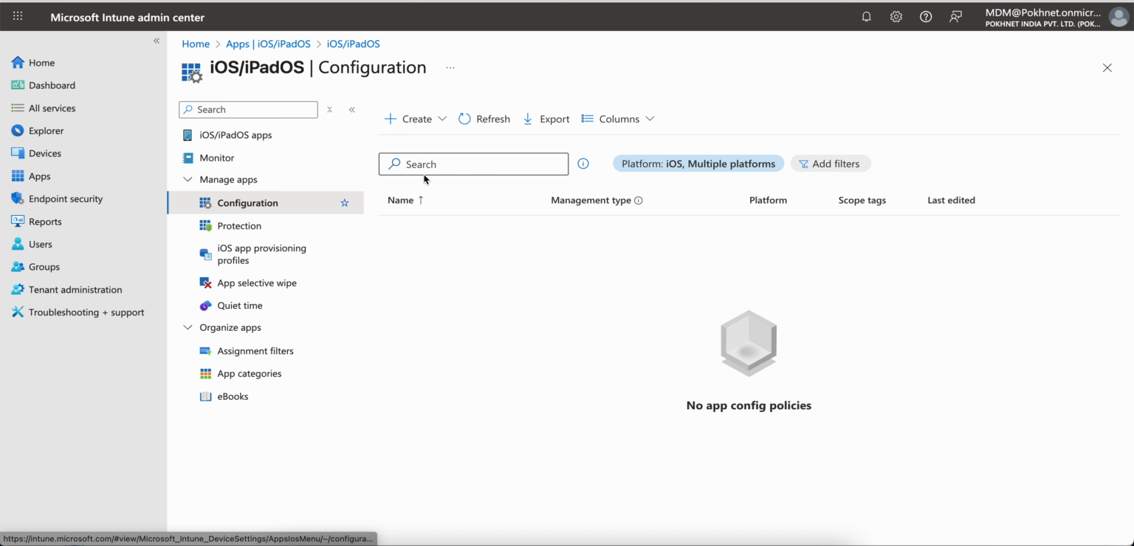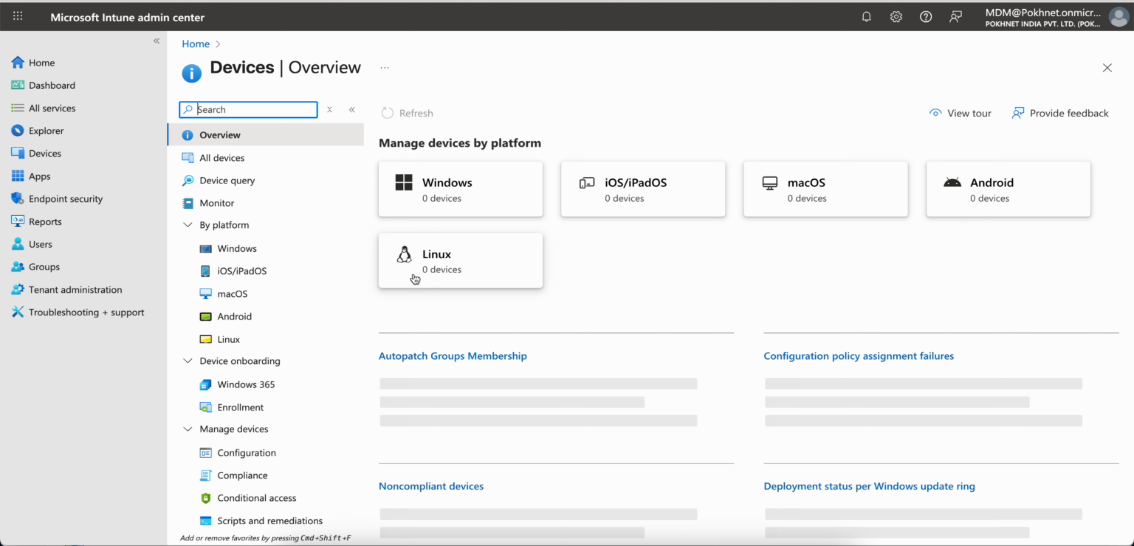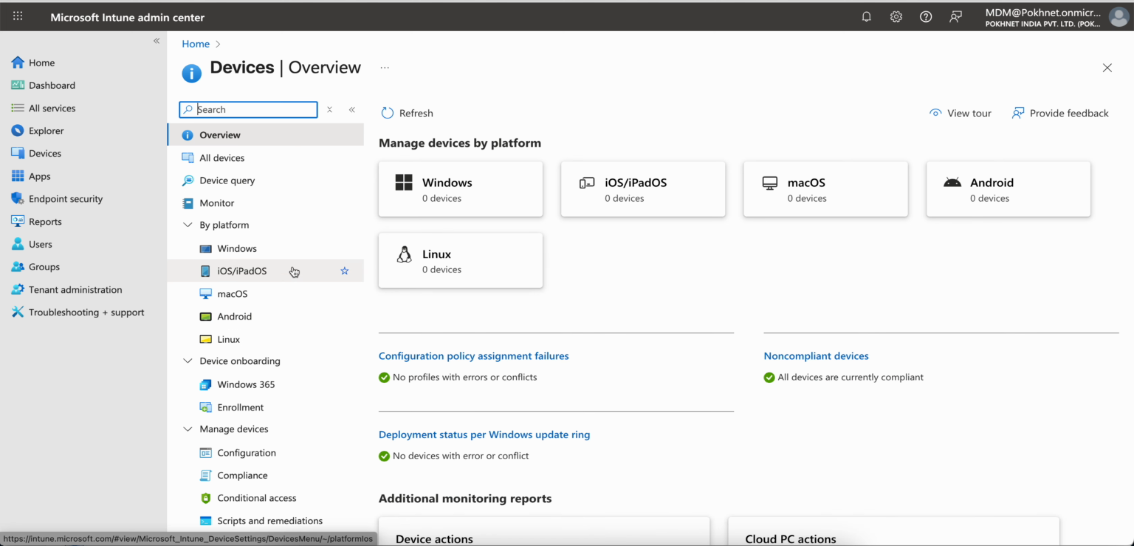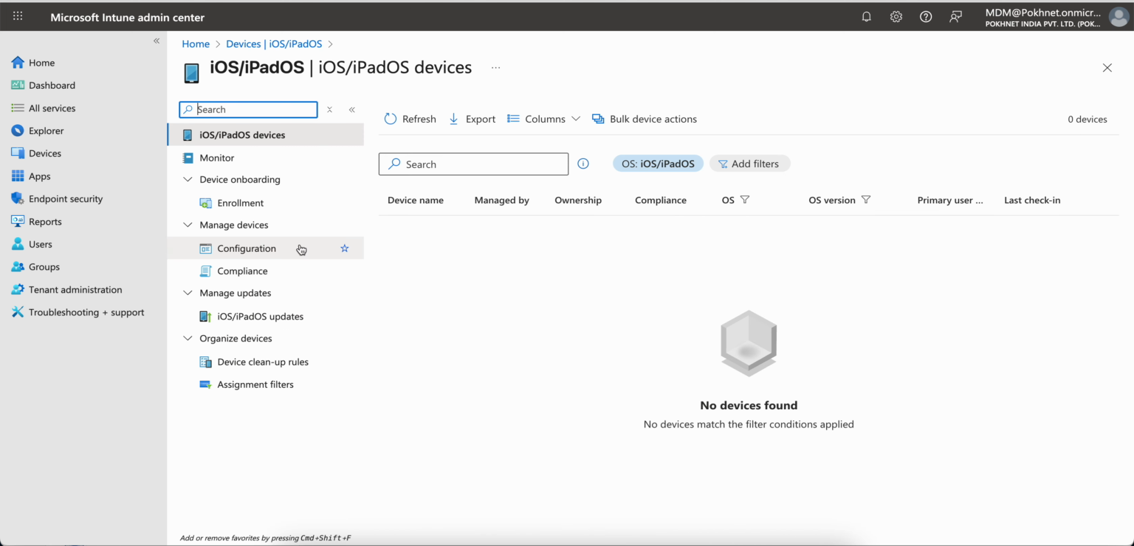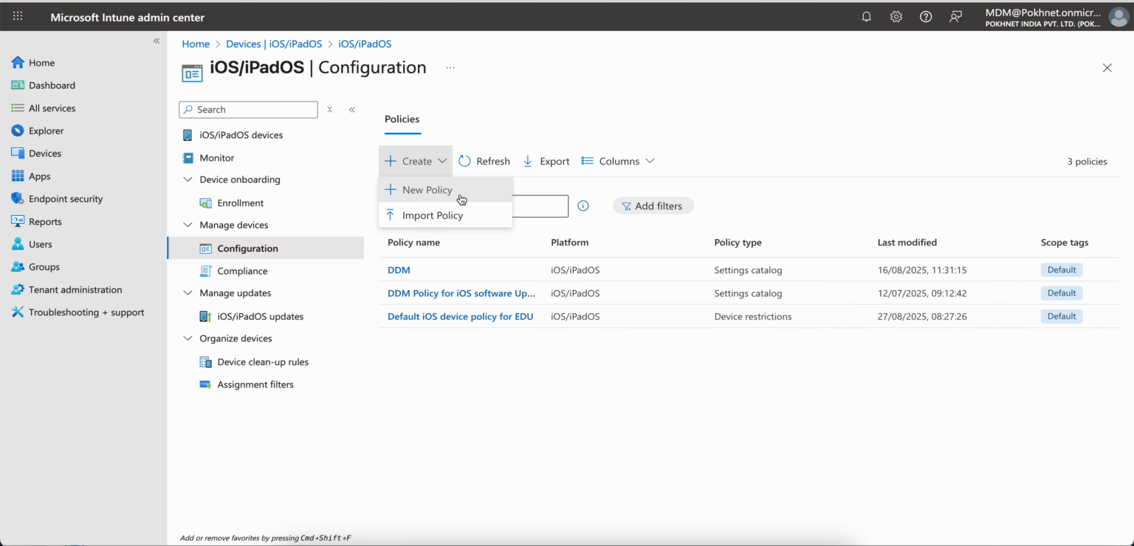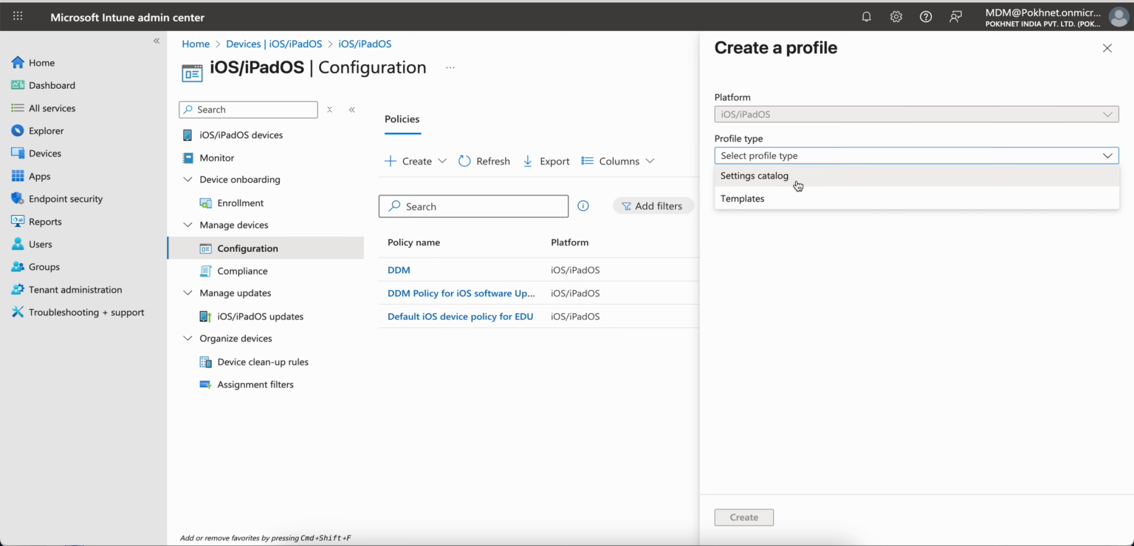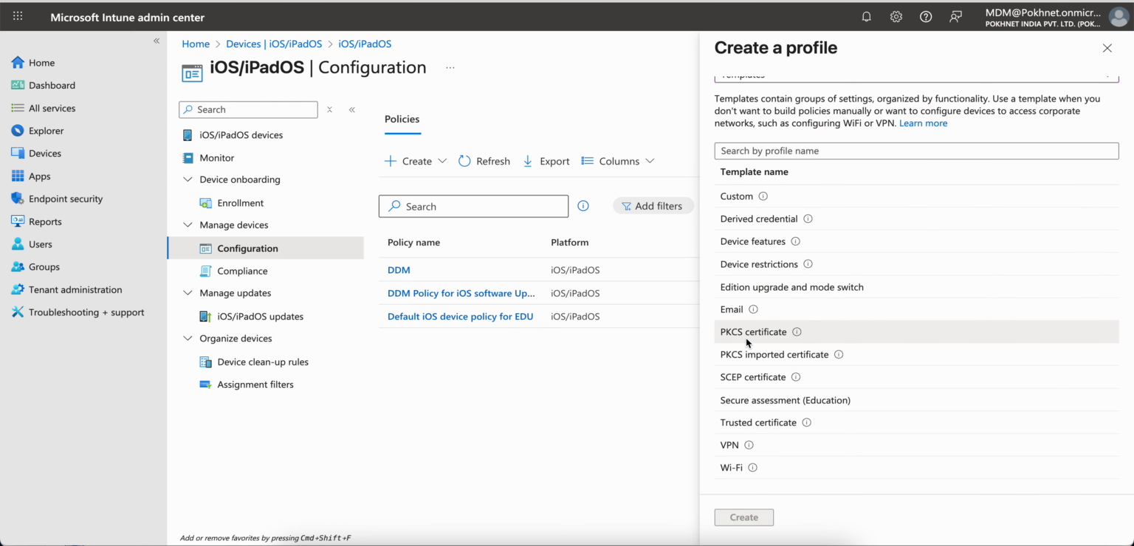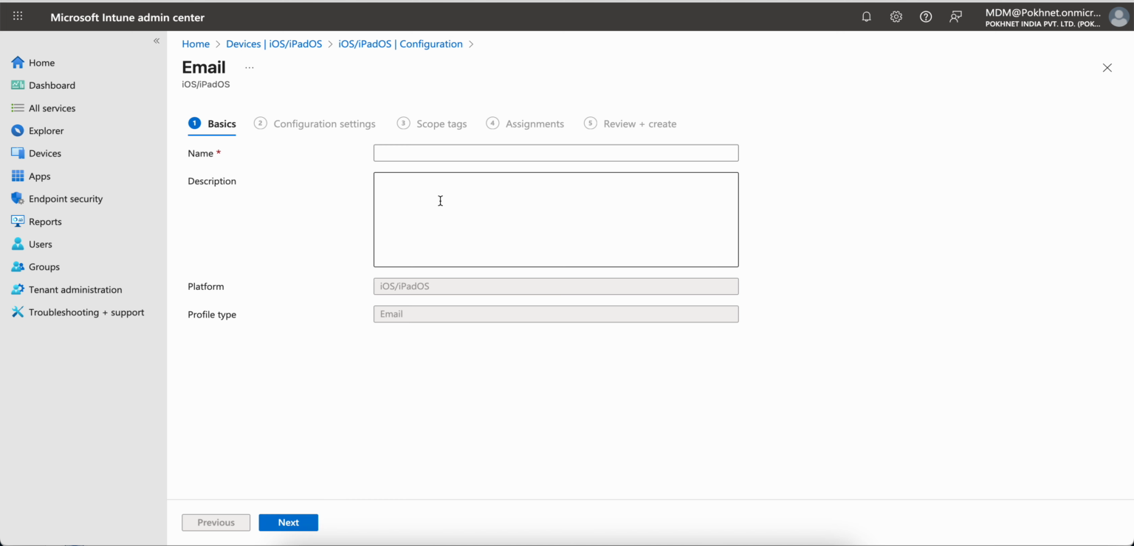So where you can use the S/MIME, I'll quickly show you, and then I will add the application, and then I will show you as well. So let's go to iOS, create a configuration, and create a new policy. Okay, and select the templates, and you see here this PKCS, SCEP certificates and all the trusted certificates. Let's select the email. Okay, and create this one, and I'll give it S/MIME config,